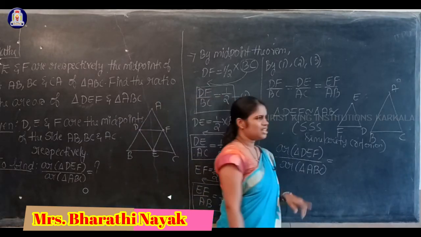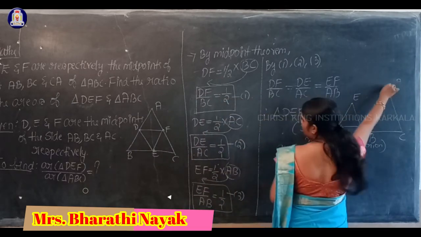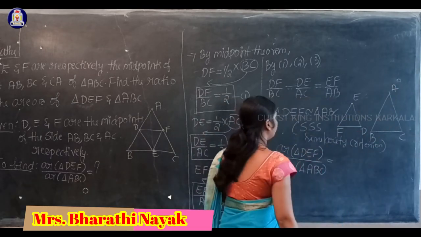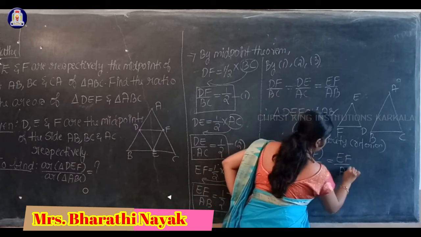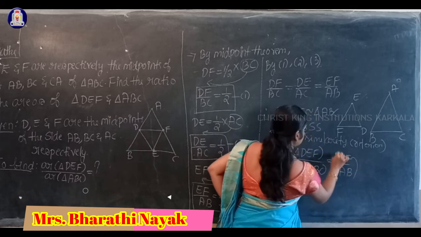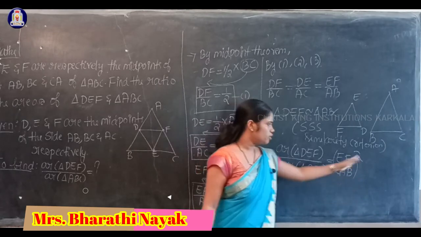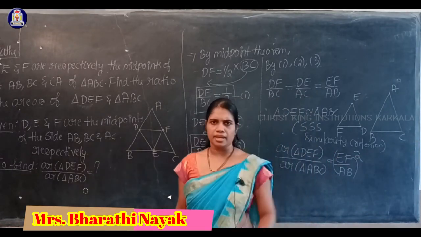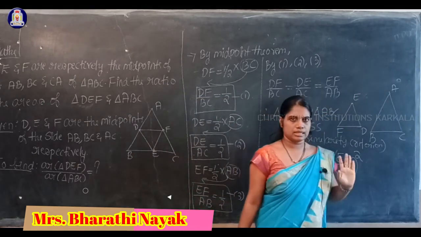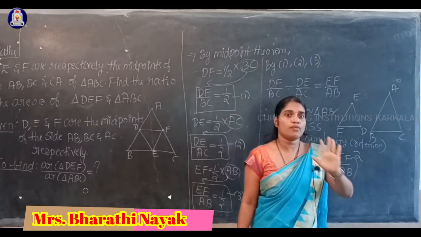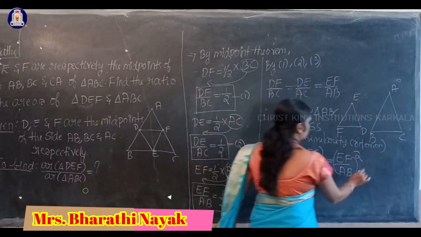So I will consider any one corresponding side. I will consider EF and AB. So EF by AB whole square I will consider. Any one pair is enough, no need to write all the three pairs. Here the corresponding sides are EF and AB, squares of the ratio of corresponding sides. EF by AB I will consider. So now this is equal to